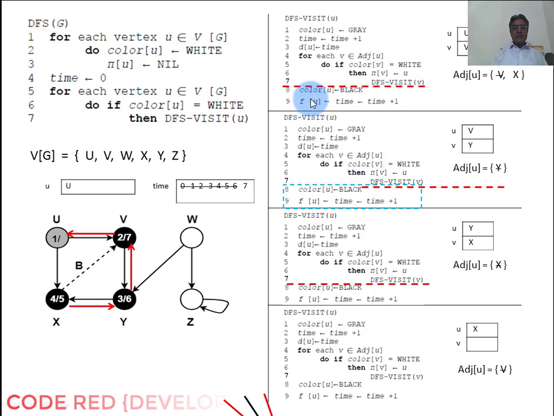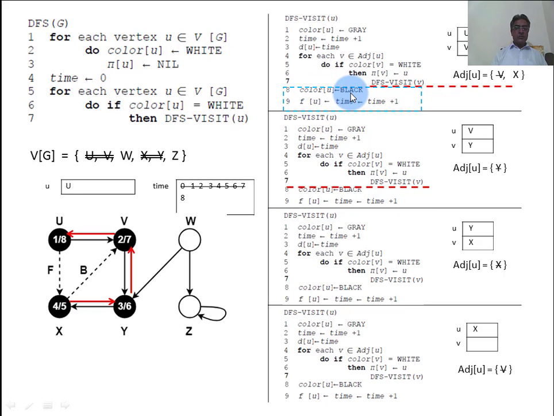After that we will jump back to these two lines whose execution was remaining. Here U is capital U. The color of capital U will be black. You may see it here. These blue dotted rectangles show that we are executing these two lines. The color of capital U is black. So capital U has color black.